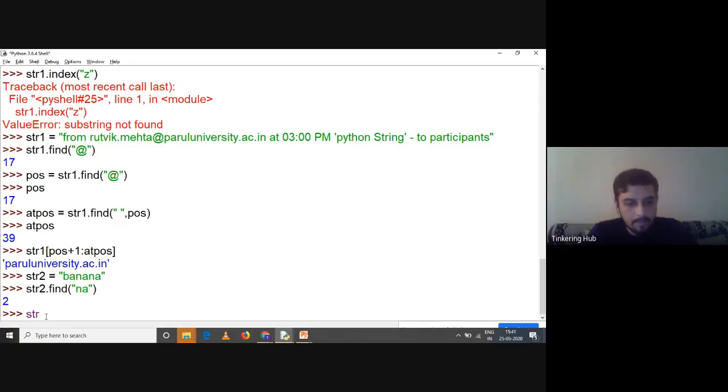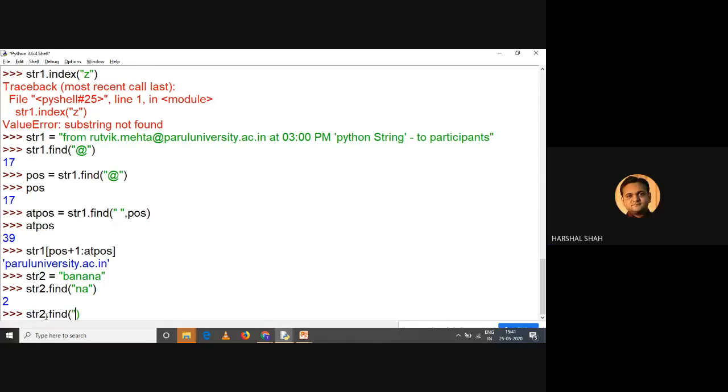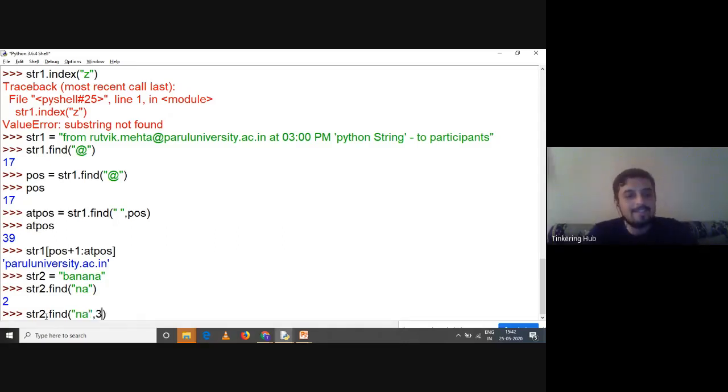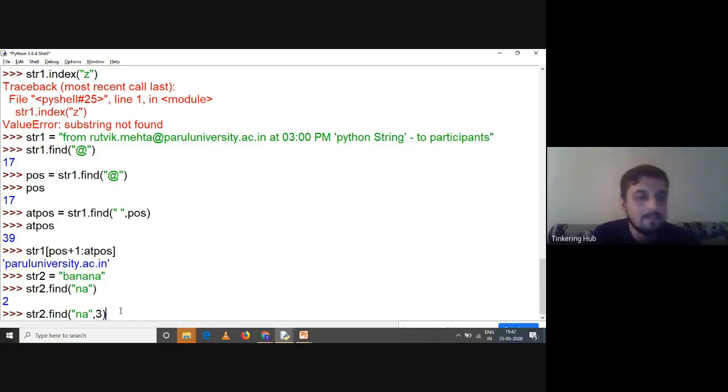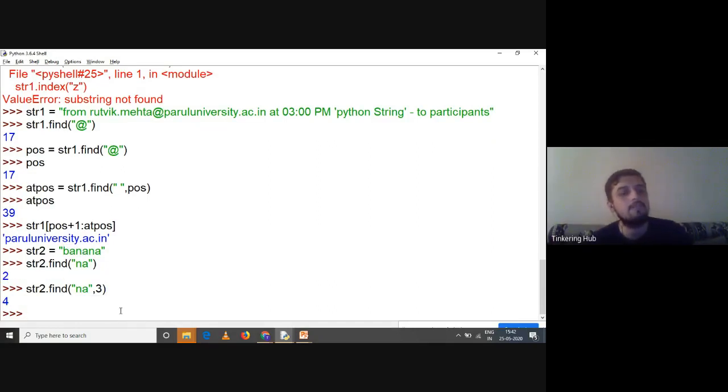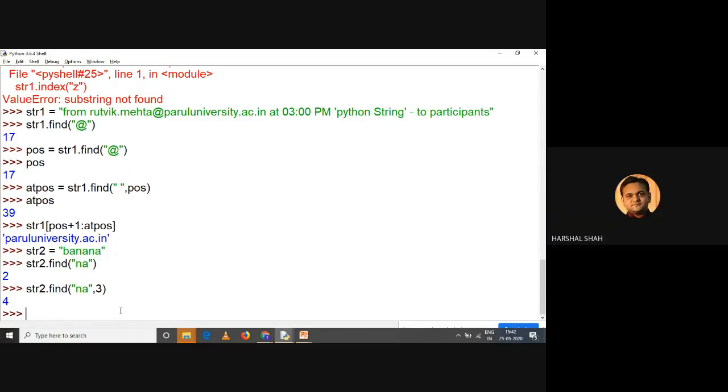But now see this, I'm calling it one more time, str2.find for a sequence called NA, but after index number 3. So what is index number 3? This is 0, 1, 2, and 3, right? So after index number 3, it is coming at index number 4, right? So it gives me 4. So this is how it works, right? You can specify two arguments also in the find function, right?